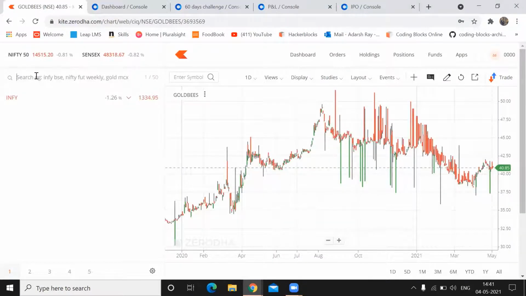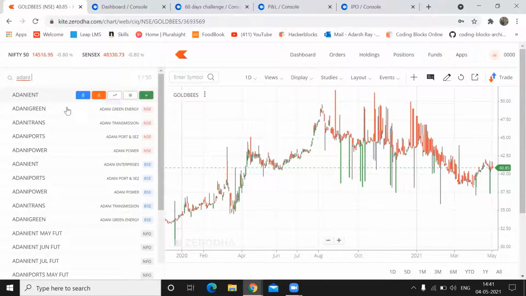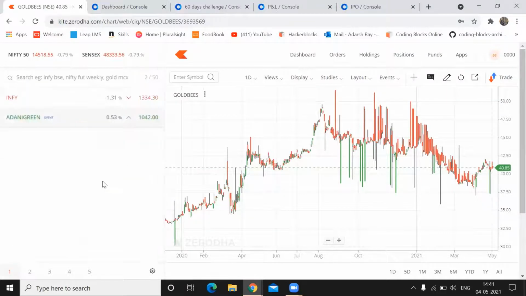Like if there's an event going on, it will be highlighted there. So currently I don't remember a stock with some events. Yeah, I remember one. Let me just add it. So I guess there's an event in Adani Green. Yeah. So you can see this event showing out there. So this means that there is an upcoming event which is very near.